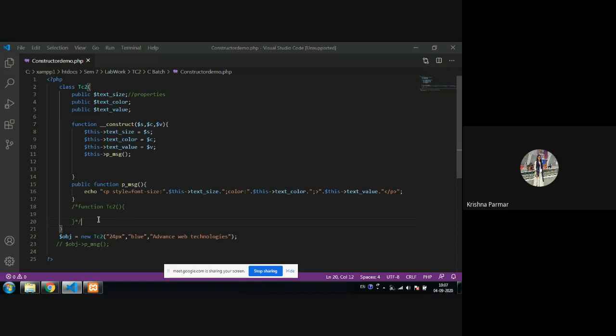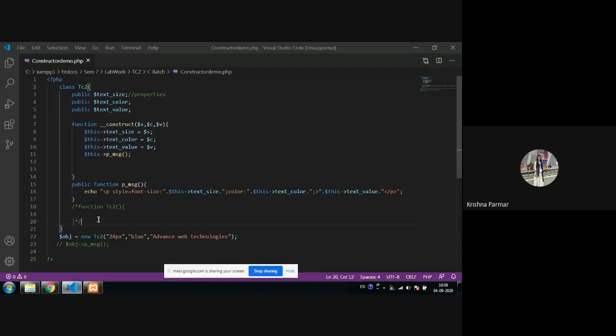So this is all about the constructor. Now we are going for the destructor. Destructor means whenever you have to destroy your object, at that time you are going for destructor, and it is also automatically called. Like constructor is called whenever the object is initialized, same way, destructor is also automatically called, but whenever all the things regarding your program is done and your script is ended, at last destructor will call automatically.